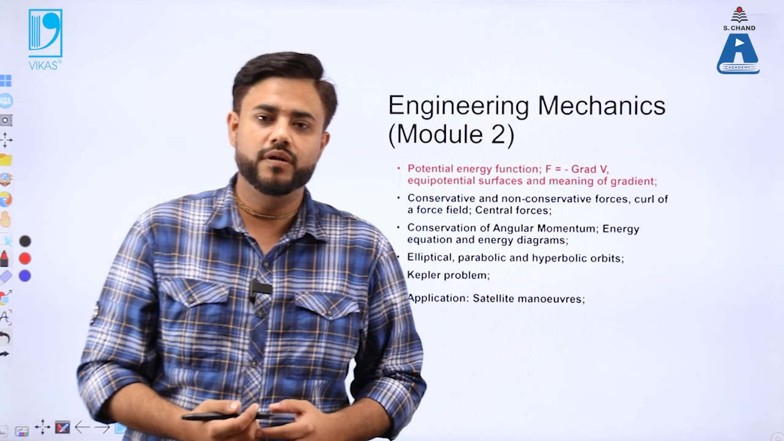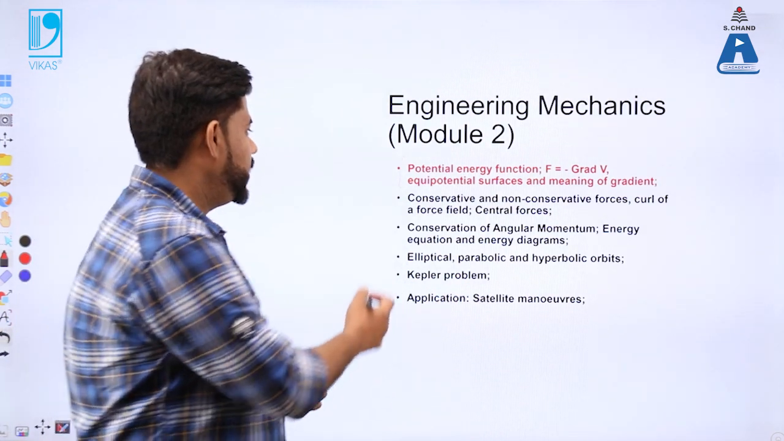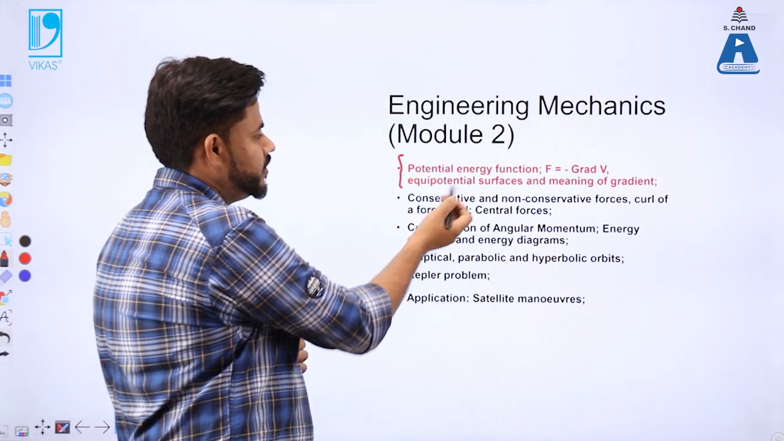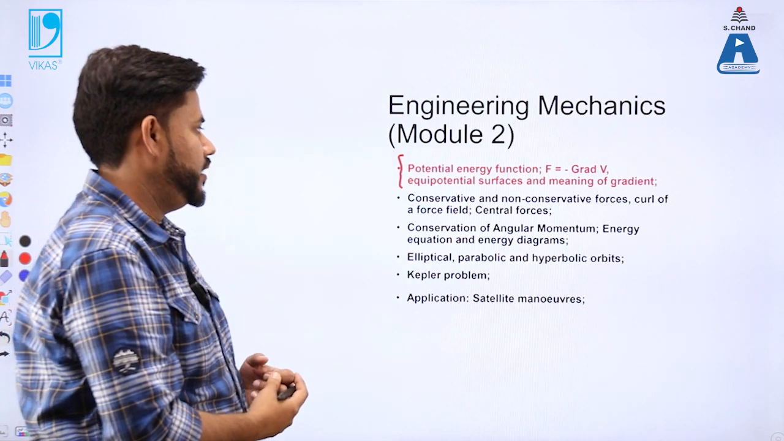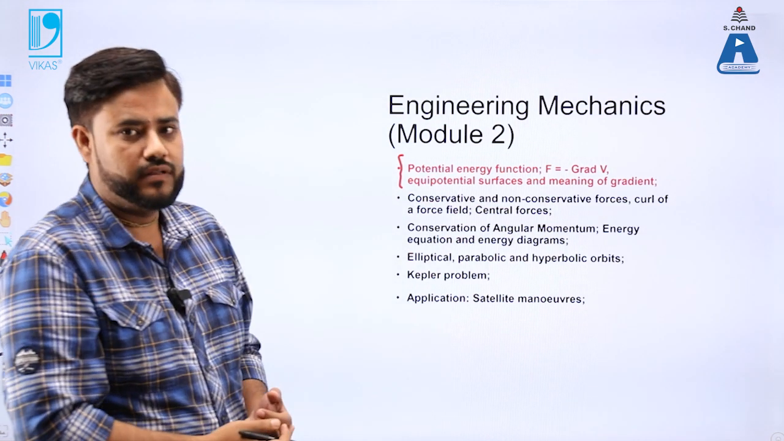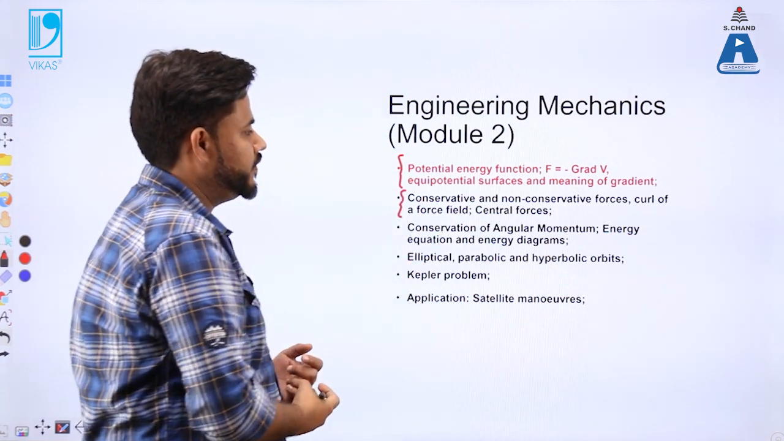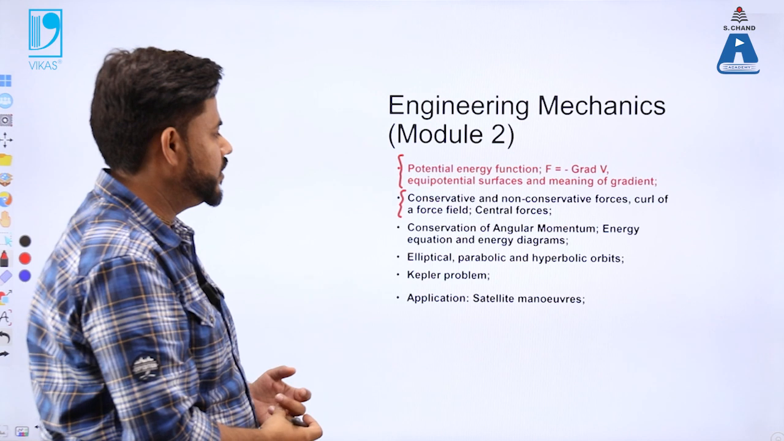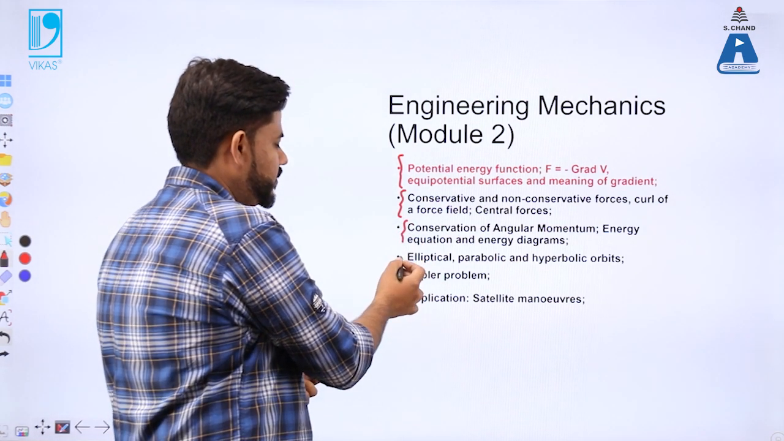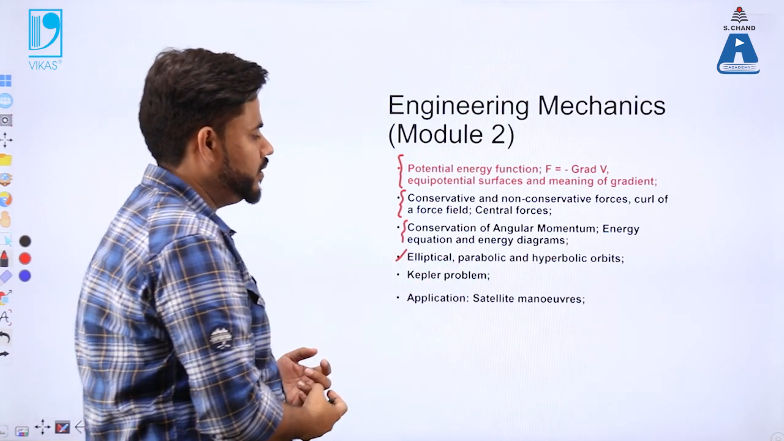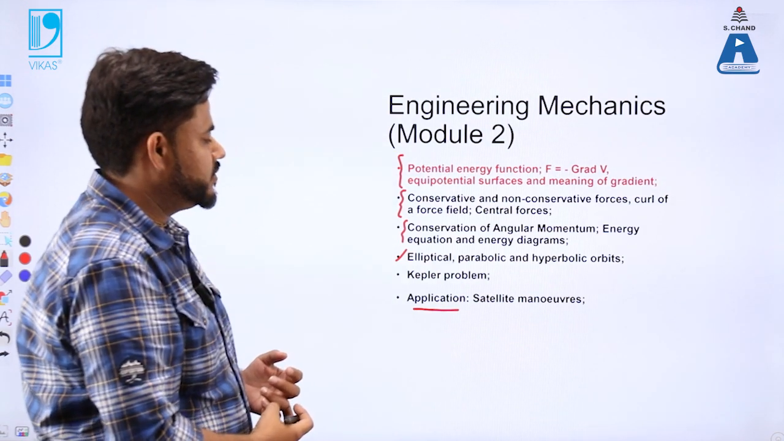The contents of module number 2 of the Engineering Mechanics course are these. Number 1 is the potential energy function, which is F equals minus gradient of V, their physical significance, and the meaning of gradient. Then we have the concept of conservative and non-conservative forces, which includes curl of the force and central forces. Then we have the angular momentum case, elliptical, parabolic and hyperbolic orbits, Kepler's problems, and certain applications in